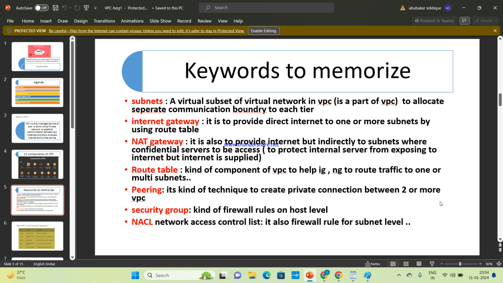Please write these components. Can I proceed?